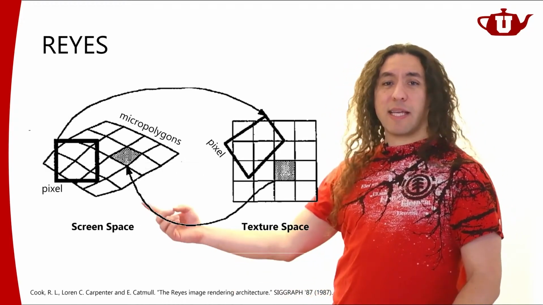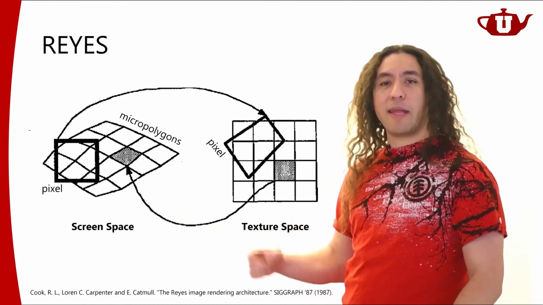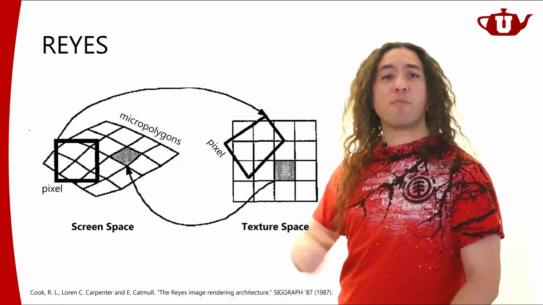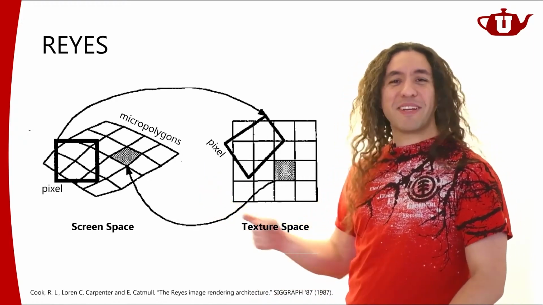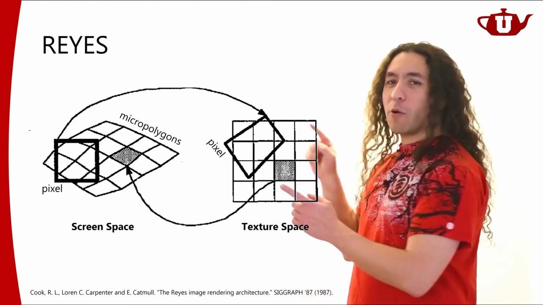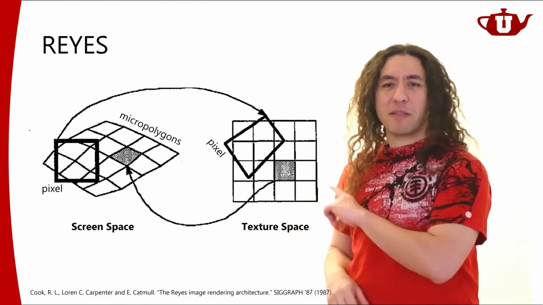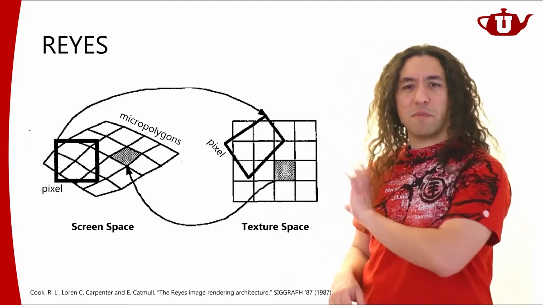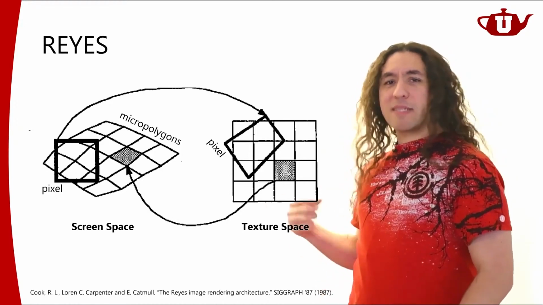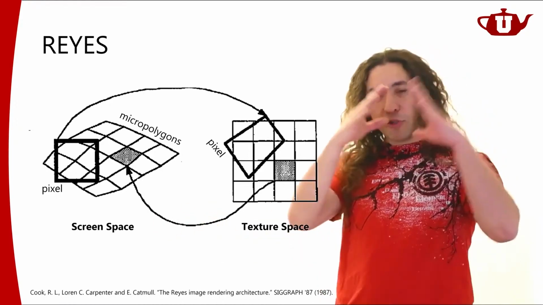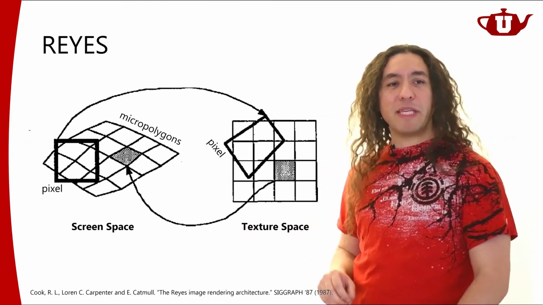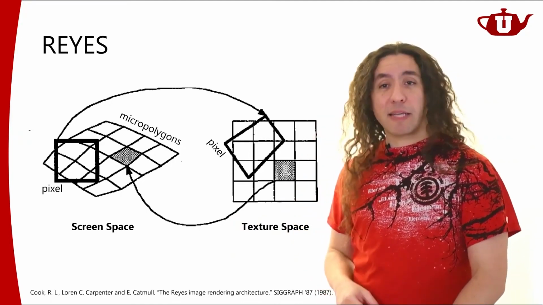So it takes a surface like this, and it splits it and splits it into what's called micropolygons, and then figures out where those micropolygons are in screen space. It also figures out where the pixels are in texture space. We're going to talk about texture mapping much later, so if this image doesn't make too much sense, don't worry about it. But basically, instead of rendering triangles as big triangles, it's splitting them into smaller and smaller pieces so that you can get lots of detail in it.